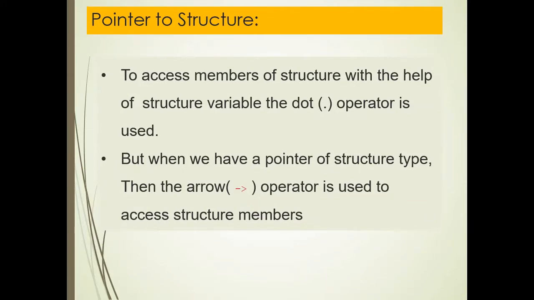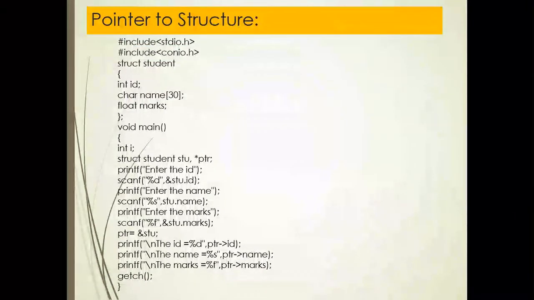As you know the concept of structure, I have used these concepts in the previous lectures, so I think you must be familiar with the dot operator and arrow operator. Okay. So now I will show you an example. With the help of the example, I want to clear the concept. So see the example here, and you must have understood the concept of structure. Here there is a structure named student. It has three data members: int id, char name, and float marks. So this is the structure that is named student.